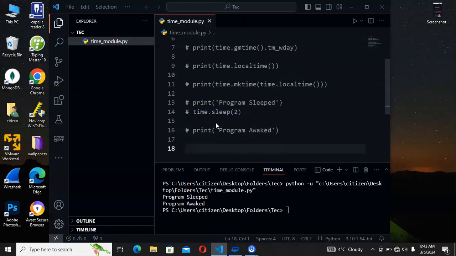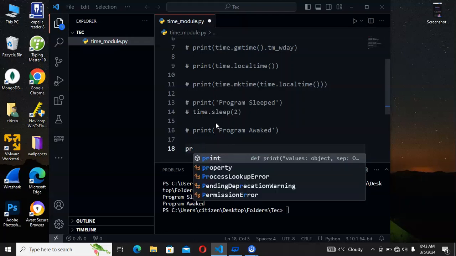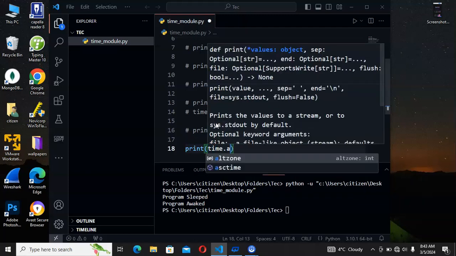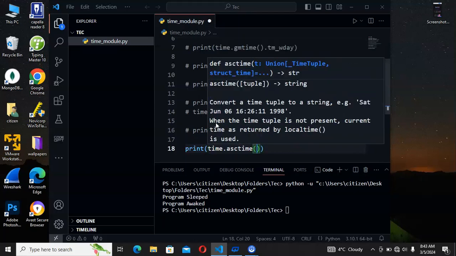Another function is pretty simple, which is used to convert a time tuple or struct time representing the time to a string representing the local time. I will simply print here, and I will use the time.asctime function. It says when the time tuple is not present, the current time is returned as the local time. So here if I simply run this,